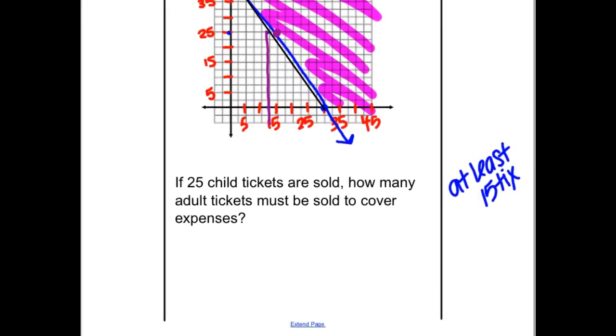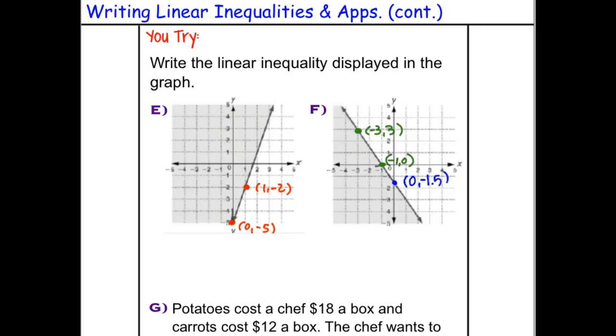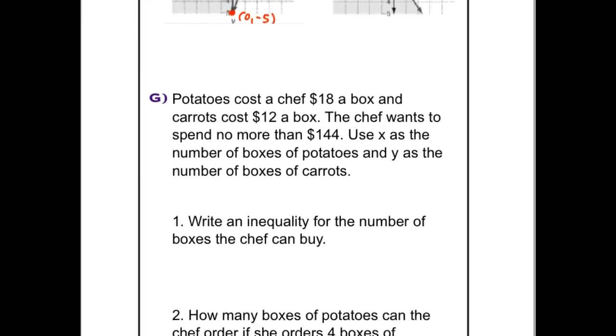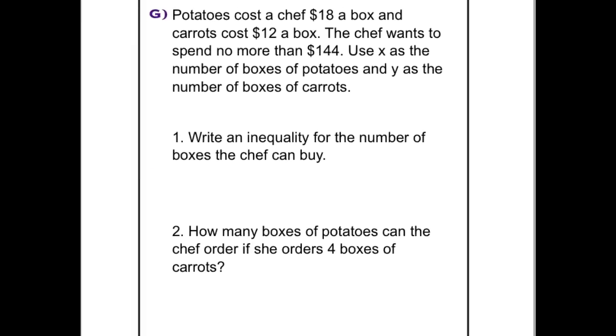We can talk more about a problem like that tomorrow, given that you now have some You-Try problems. You've got 2. I even put the points in there so you don't have any question about which points fall on the line of the inequality. And then I've got a potatoes and carrots problem with a chef. And I tell you what x and y represent, so you need to write the inequality. I'm not even making you graph it, but now I'm going to have you use the inequality to find how many boxes of potatoes the chef can order if she orders 4 boxes of carrots. And as always, bring your questions with you to